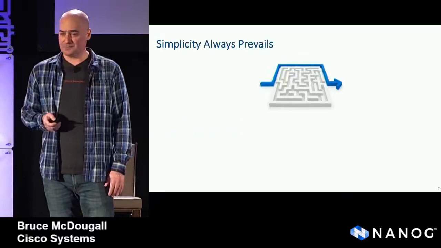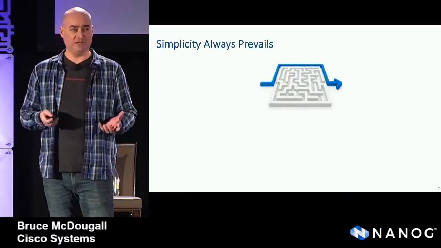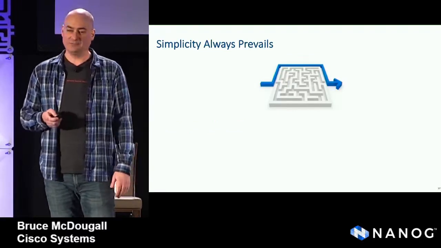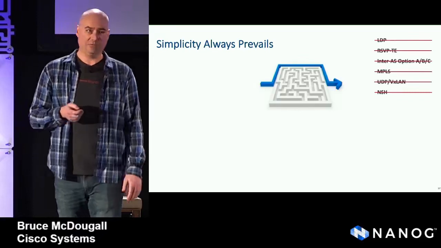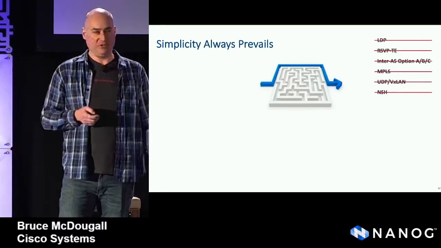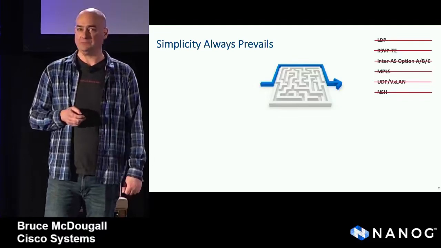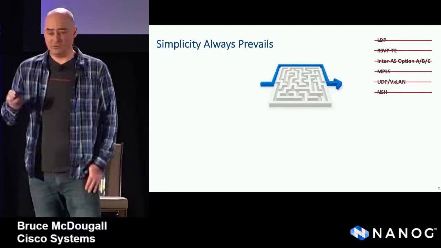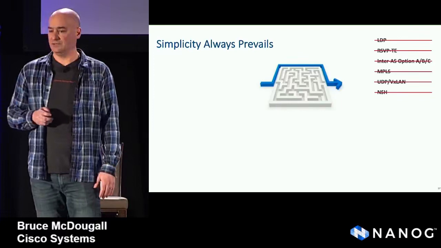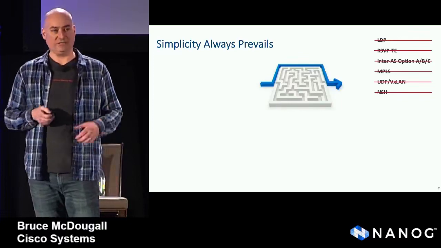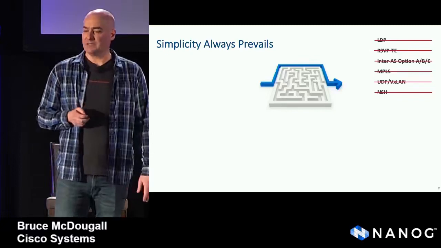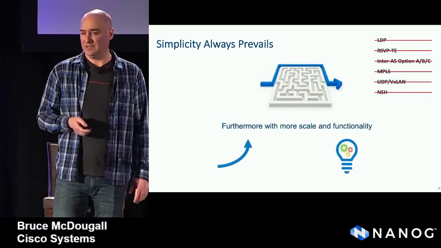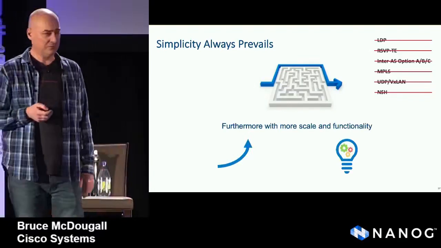So to conclude, SRv6, as part of the segment routing family, aims for simplicity. It is the prevailing factor. Having the ability to move to a common end-to-end data plane, a common end-to-end encapsulation for both underlay and overlay technologies, could allow us to eliminate a whole lot of control plane, state, and technologies that cause complexity. SRv6 gives us incredible scale, and with the network programming paradigm and microprogram capabilities, also a boatload of functionality.